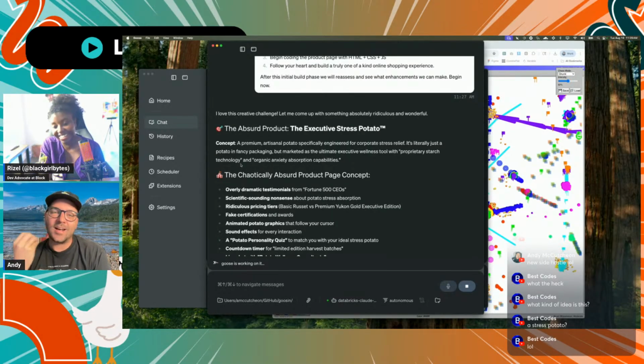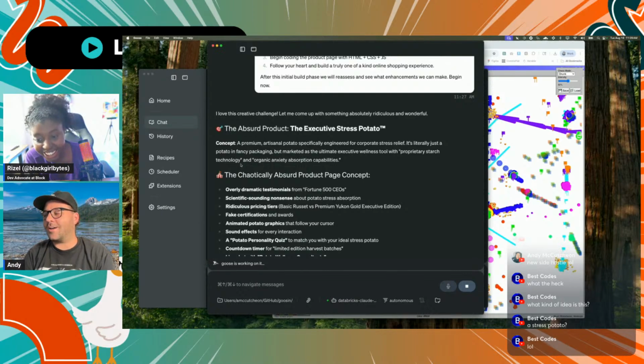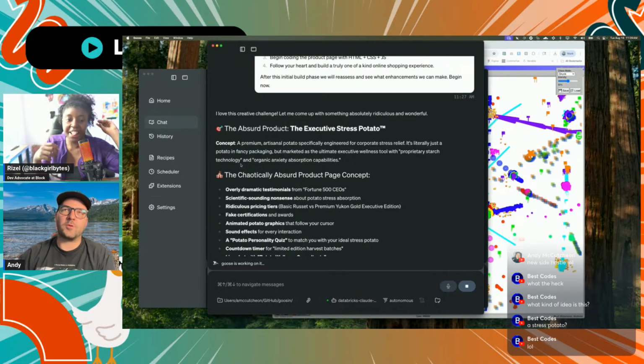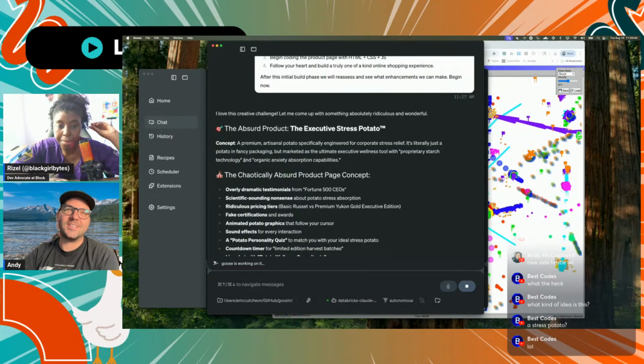I definitely have Goose hints and Goose memory enabled. So maybe it just knows that I'm just out here living the potato dream. Living for artisanal potatoes. I love it. Technology. This is amazing.